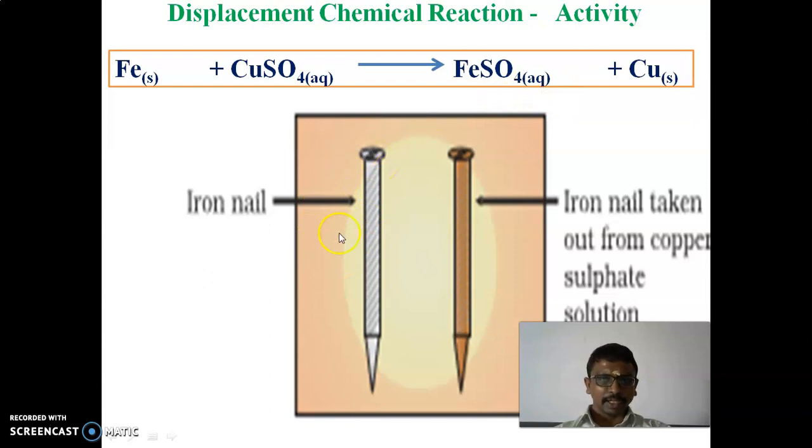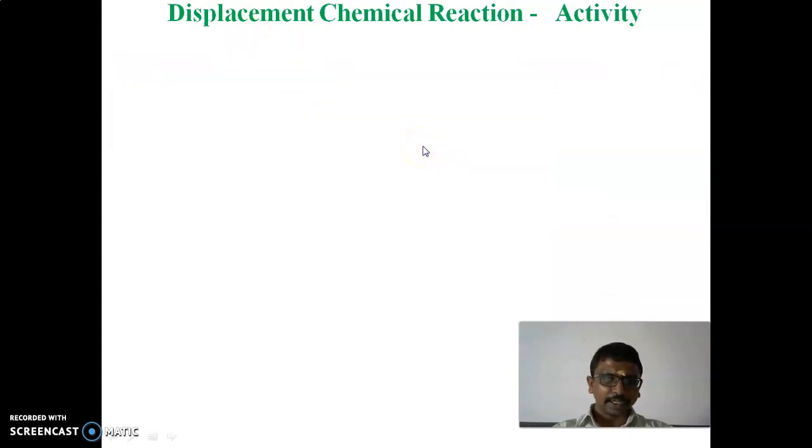So here you can see, in the reactant, the iron nail, what is the color here? Gray color. It will be converted to copper, Cu. It is also in the solid state. What is the color of copper here, children? Yes, it is red color. So the iron is converted to copper, and the copper sulfate is converted to